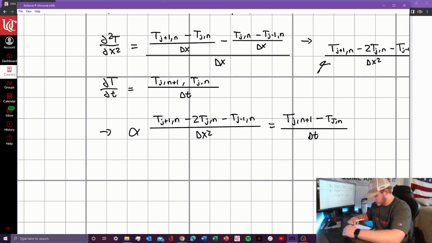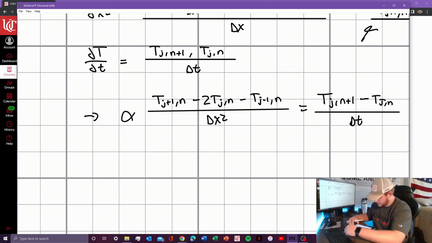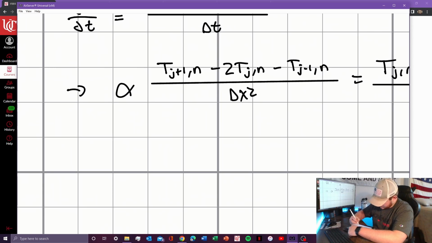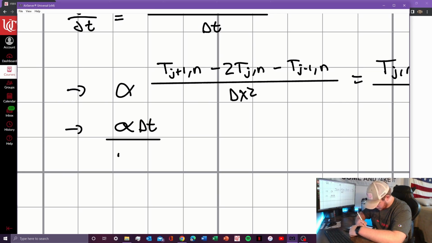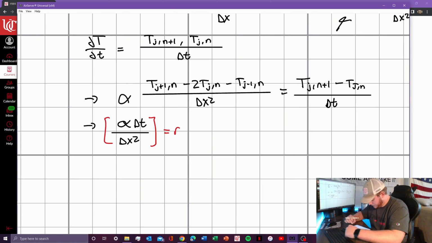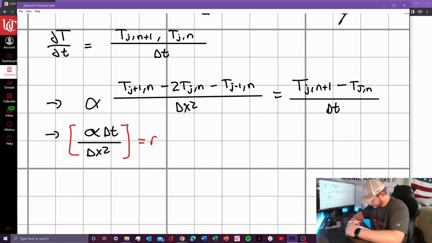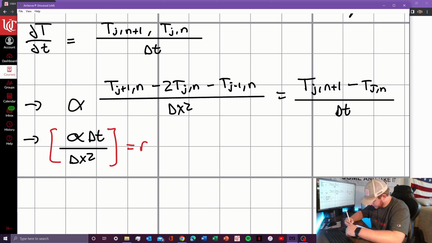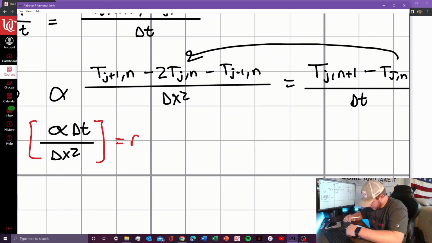Now we can pull out the change in x and the change in time. So that will leave us with alpha dt over dx squared. And then this term we are going to call r. This is going to be r, just for simplicity's sake, for when we go to code. So when we solve for this, we can actually combine these since they're all the same. So that'll leave us with